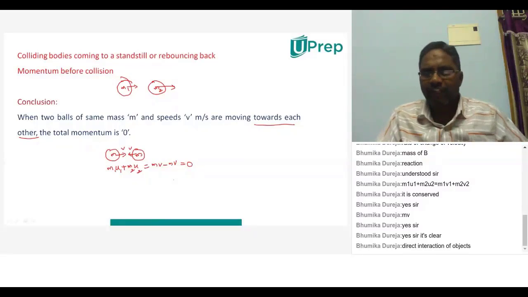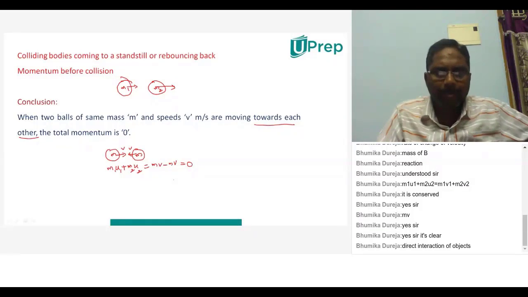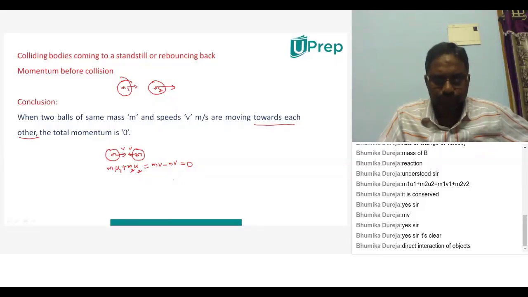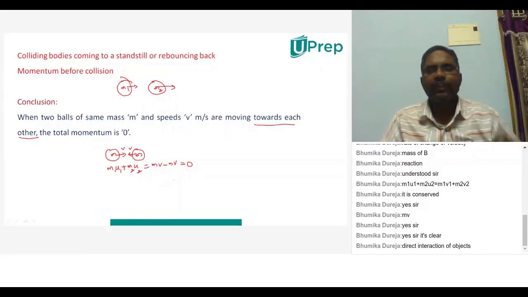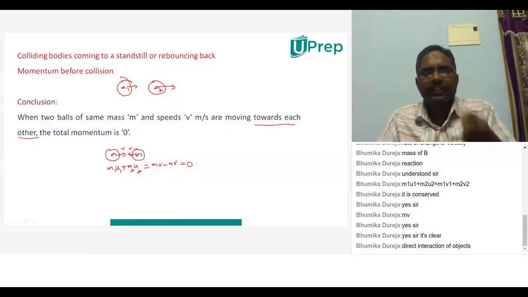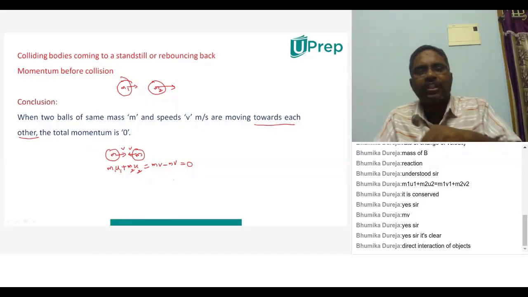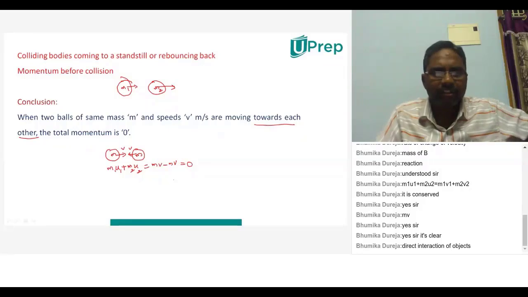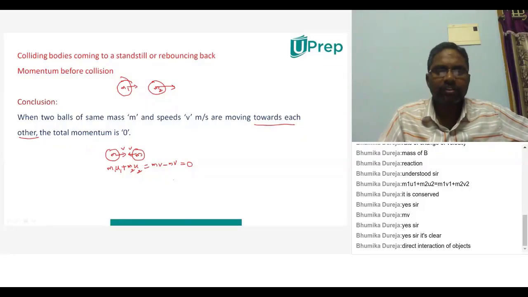Why do I have to write minus? Because velocity is a vector. Do you know what is a vector? Yes, sir. What do you mean by vector? Sir, physical quantities having magnitude as well as direction. Very good. When direction is there, to specify the opposite direction, we have to write minus or not? Minus will tell us about what?